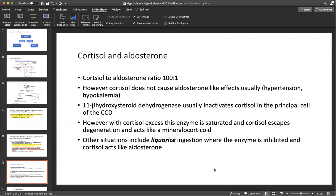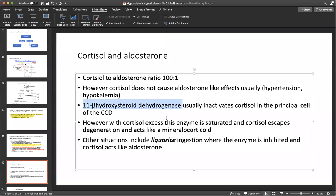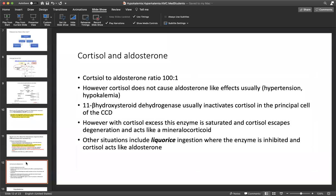Now, other situations like licorice, which we don't have in India, I think, when the enzyme is inhibited and cortisol can act like an aldosterone. So any situation where there's excess of cortisol, or when this enzyme, which is 11 beta hydroxysteroid dehydrogenase, is inhibited, what happens is the cortisol starts acting like aldosterone and contributing to high blood pressure, which does not happen normally. Okay,